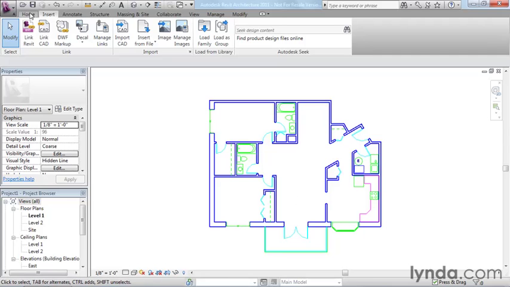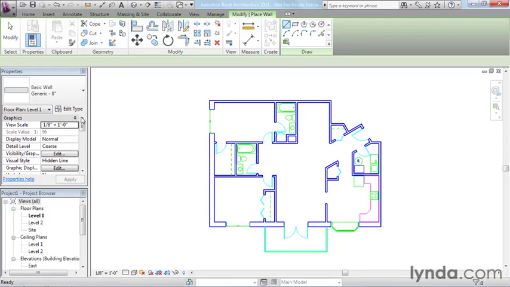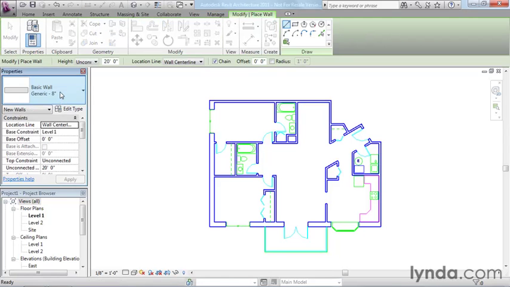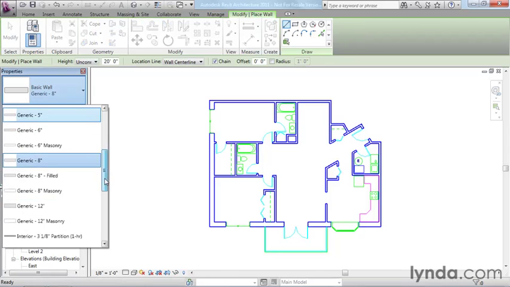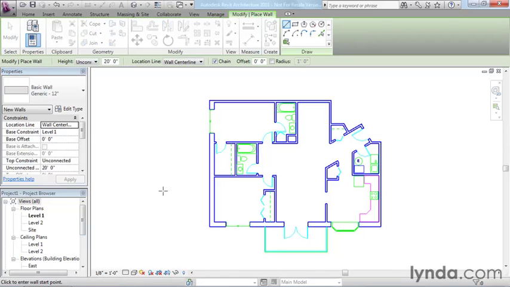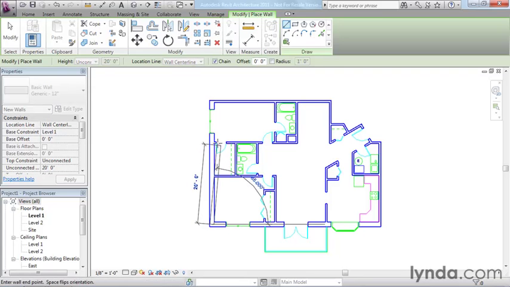Now, if I go to the Home tab and click on the Wall tool, and for this example, I'm going to stick with just simple generic walls. So I'll just do a generic 12-inch wall. Revit does a really neat thing when it comes to CAD files. If we were to open that CAD file in AutoCAD, we would find that those two blue lines are just two parallel lines. They're not walls at all. AutoCAD doesn't have walls. It just has lines. But here in Revit, Revit can actually find the center between those two lines,